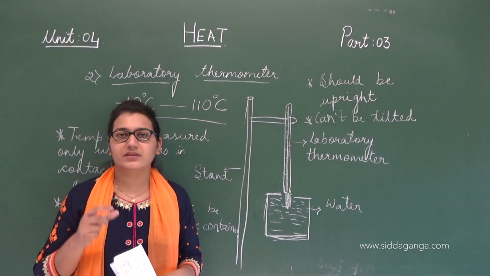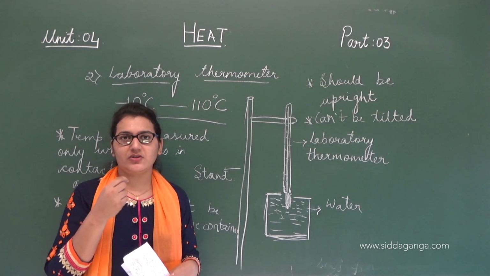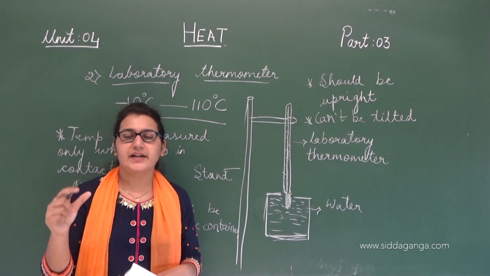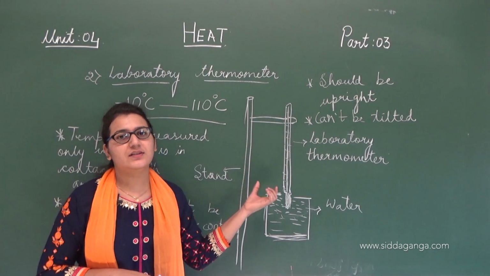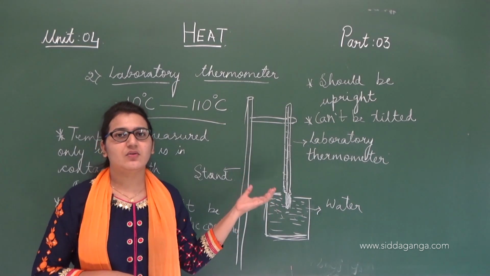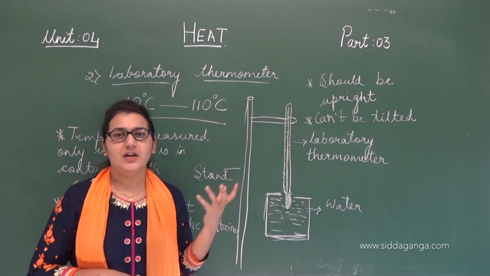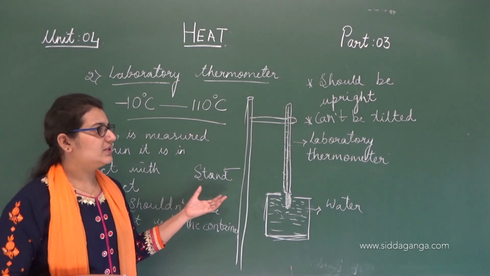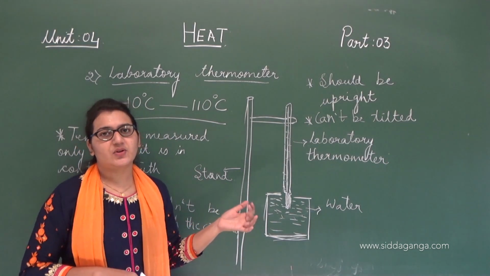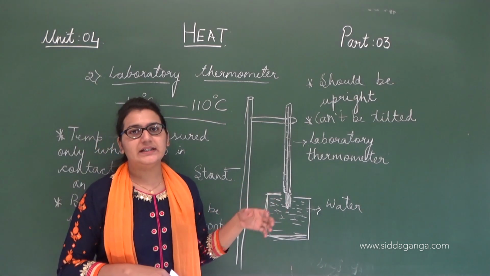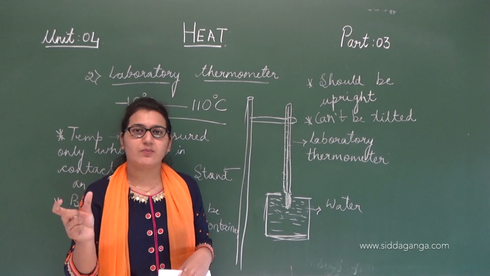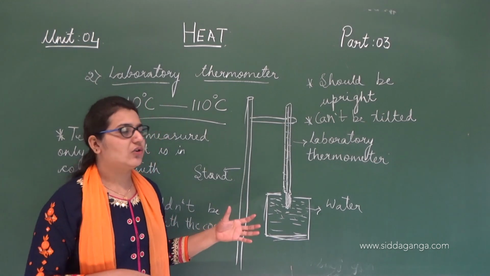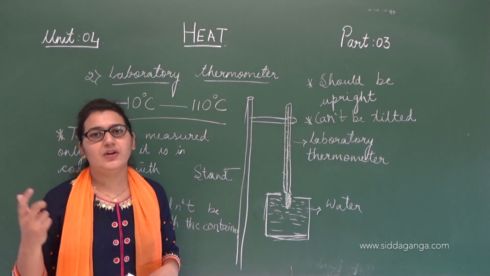What we did is we kept the clinical thermometer in the mouth. We cannot read it while keeping it in our mouth, so we took it out and read the temperature. But we cannot do the same with this laboratory thermometer, because there is no kink, and soon after we remove it, the mercury level changes. Mercury shifts. That is why it has to be kept upright. It cannot be tilted. So without tilting or moving the thermometer, how can we measure the temperature of our body? Those are the reasons we cannot use this thermometer to measure human body temperature.